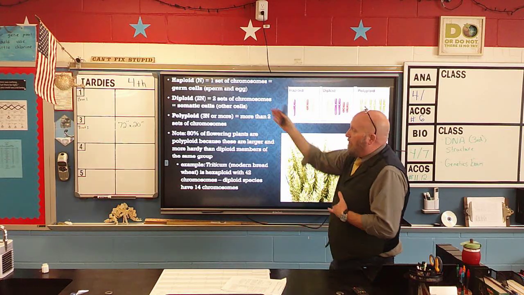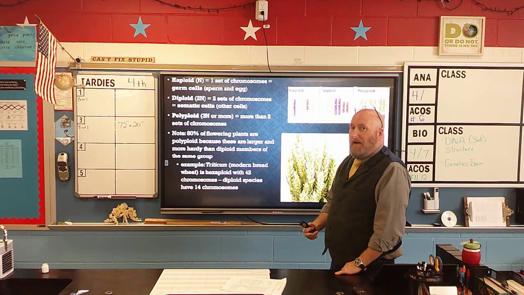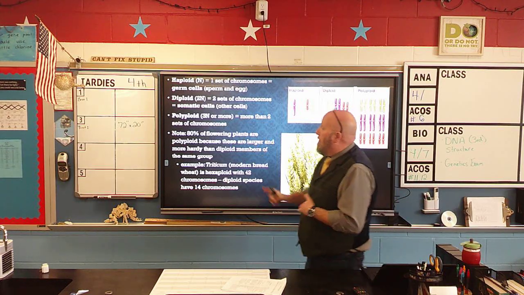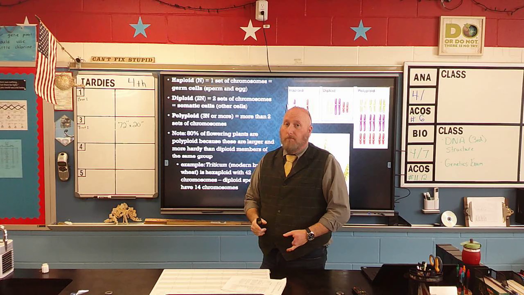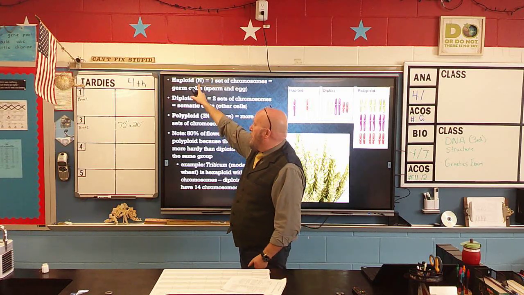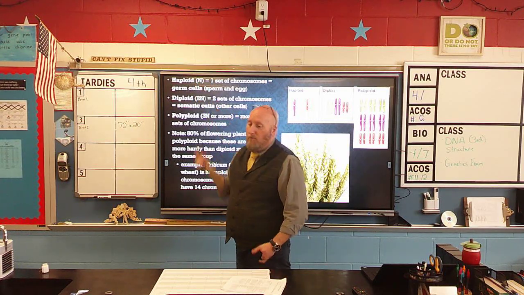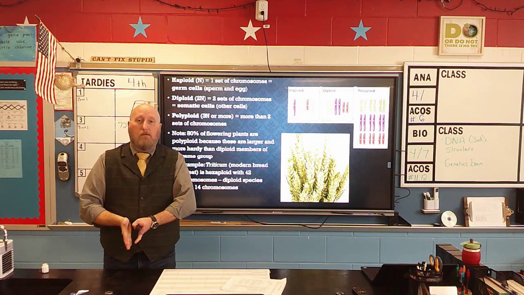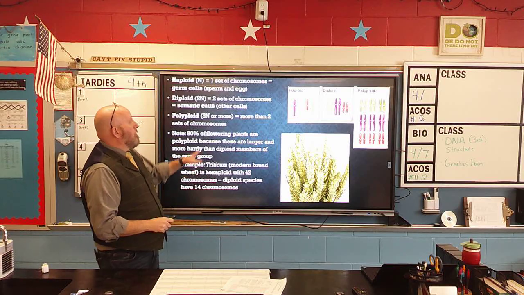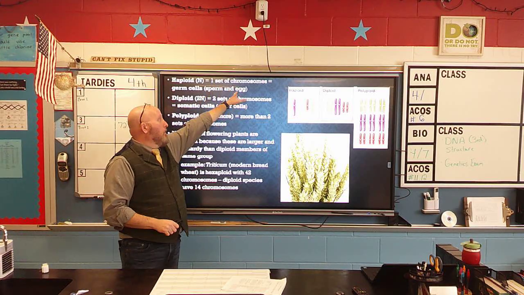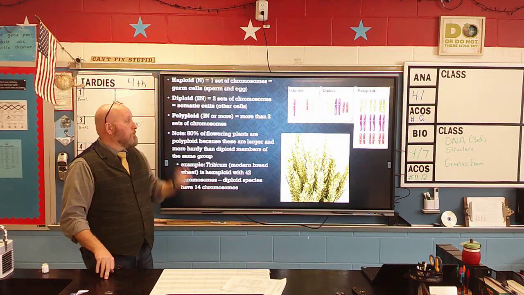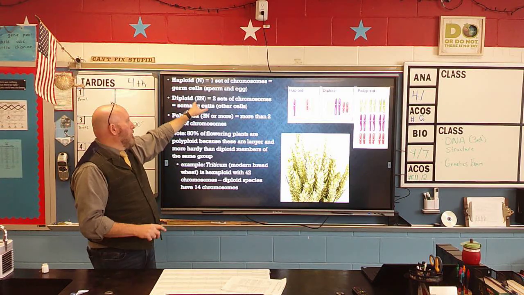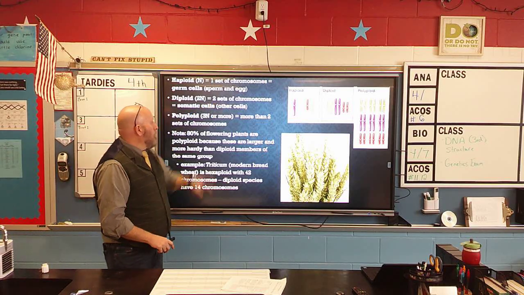Now, some words that we need to remember that go along with these chromosomes. The first word is haploid. What does haploid mean? It basically means we got 1 set of chromosomes, okay? Those are your sperm and your egg, or your ova. When you see the capital N, that basically represents haploid cells, okay? And the only haploid cells in human beings are either sperm in males or eggs or ova in females,